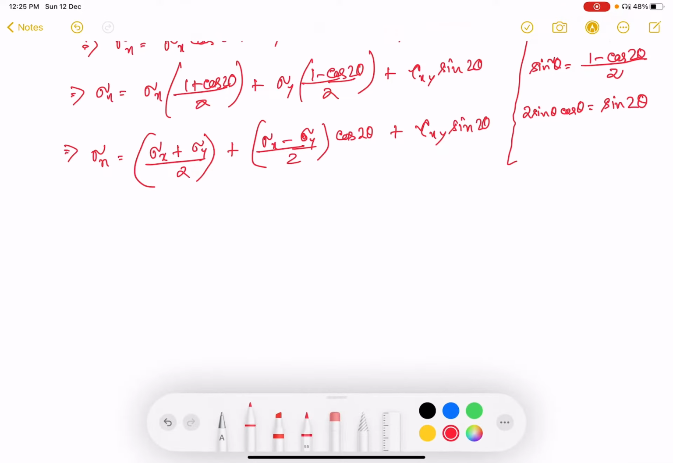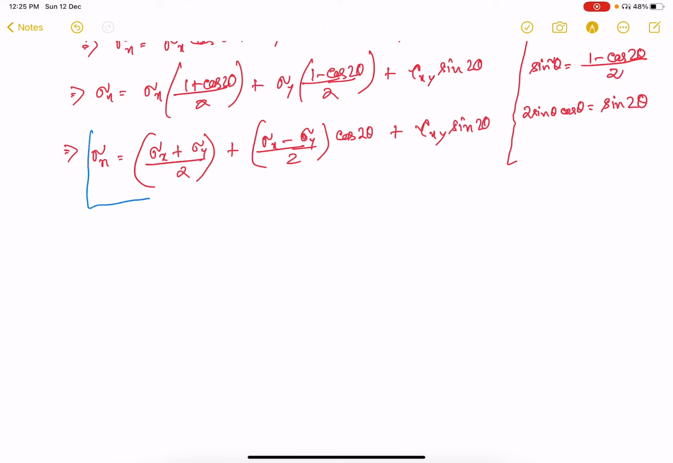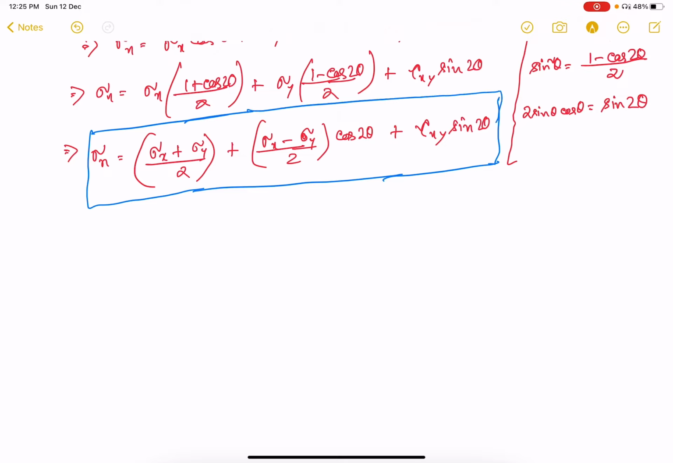It's a very important derivation. Normal stress on an inclined plane. Now we have to calculate also shear stress. But before that,